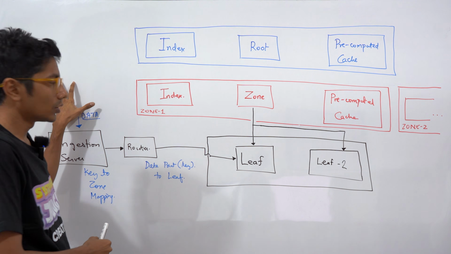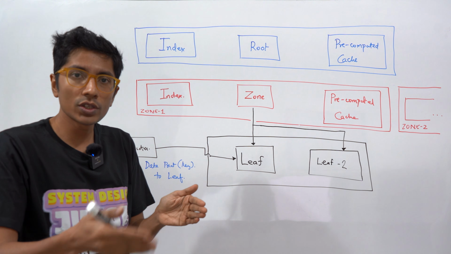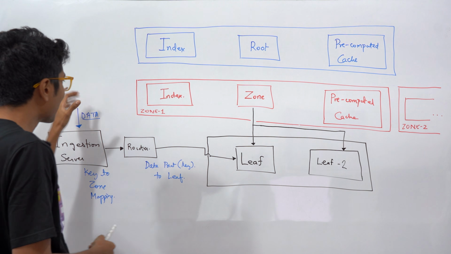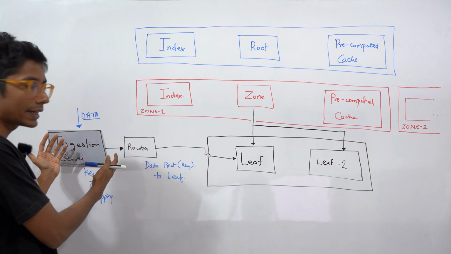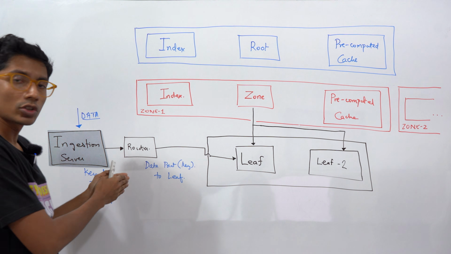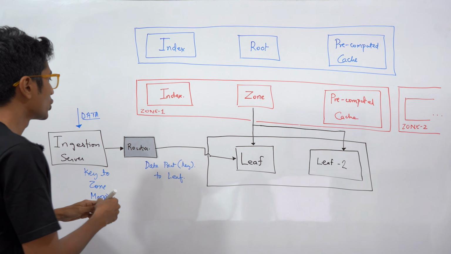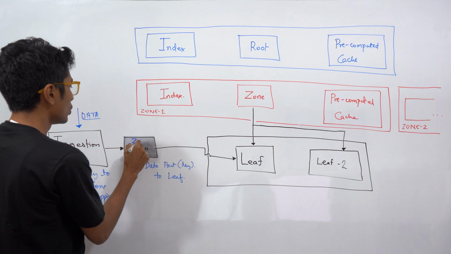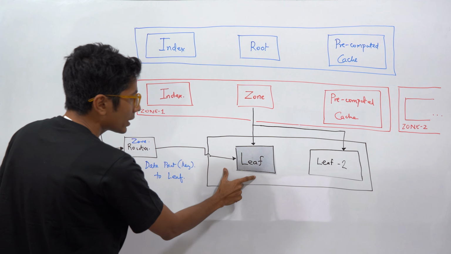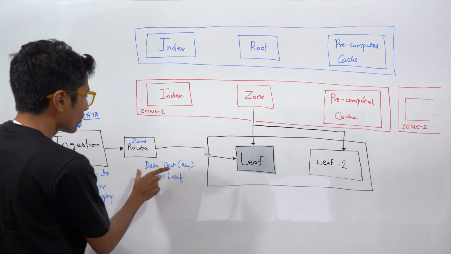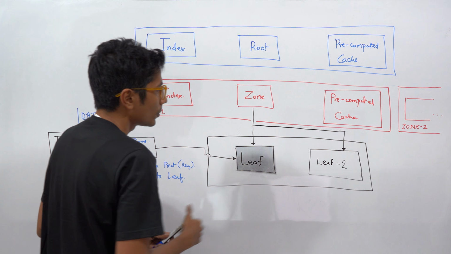You have data which is being written to by services. So every 1 second, tell me how much CPU was consumed per server. That kind of data, those data points are being ingested into this server. This is going to buffer the data for a while, and it's also going to route it to the right zone. Okay, so this router belongs to a particular zone. The router then is able to move the data to the right leaf node. It has a mapping of key to leaf, and so data can be persisted over here.